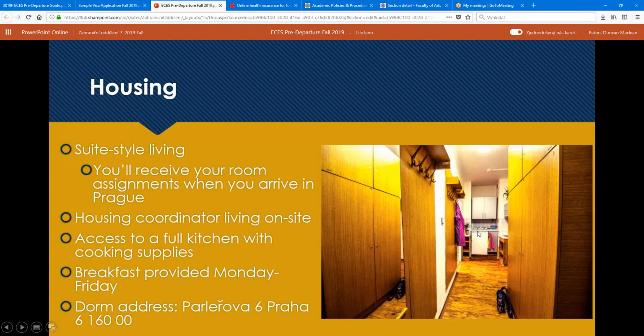You can see here that there is a small kitchenette in each of the dorm suite areas, and all of them look different. So they're not all set up exactly like this, but they all do come with this entryway. They come with a little bit of closet space for you to hang your coats and your boots and everything. Like I said, the shared kitchenette has a mini fridge and a little bit of shelving over here. You can't see it, but there's more cupboards over here, as well as a hot plate and a small sink. I will talk a little bit more about this in a second, but we have a full kitchen, but